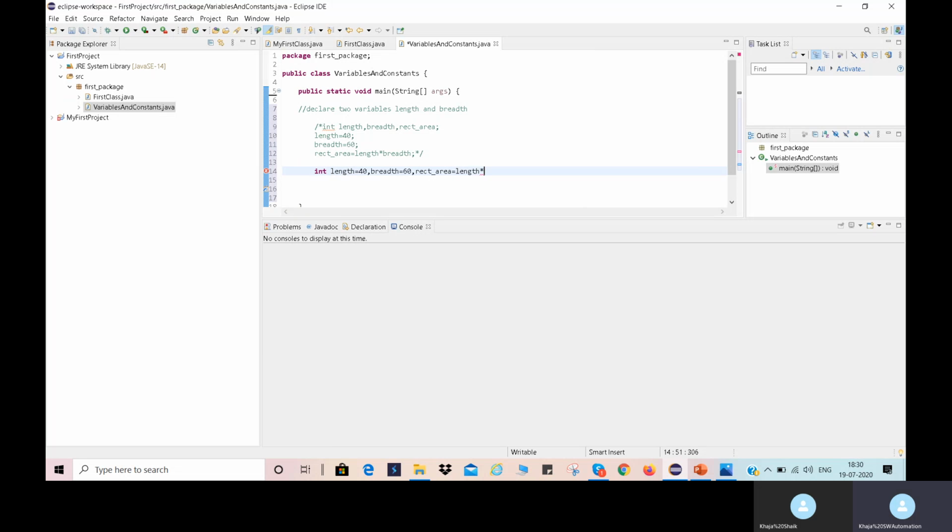Length multiplication breadth. So in a single statement also, we can declare and initialize the variables.